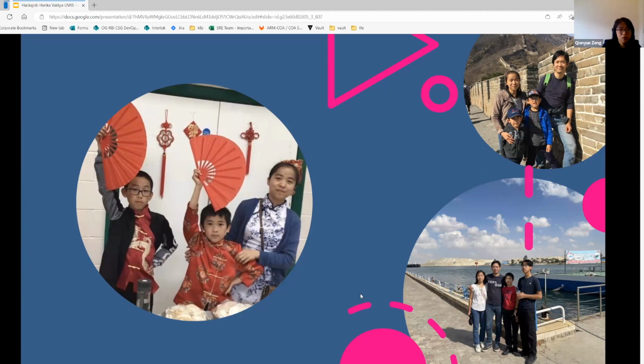Here are some pictures of me and my family, taken when my boys were in primary school, when we were at the Great Wall in China, and at a culture evening from the school. The latest one was taken last year at the Suez Canal when we were in Egypt. You know how difficult it is to get teenage boys to take a picture with you. I believe if you have kids, you know how challenging it can be.